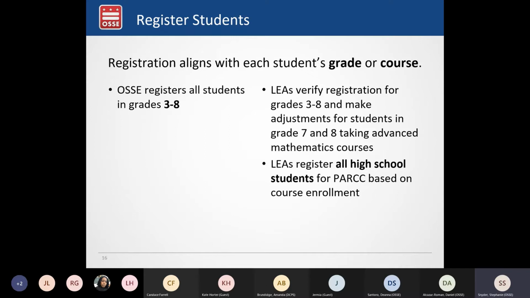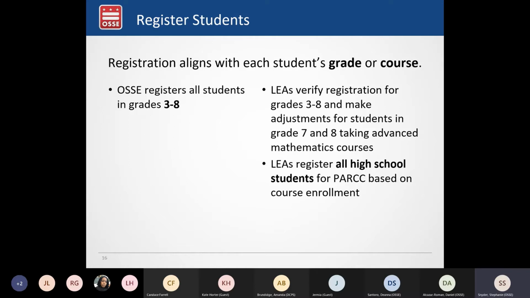ASSE pre-registers all students in grades 3 through 8, and we've completed that, and Pearson Access Next is now open for LEAs to verify that registration for students in grades 3 to 8, making sure that all the information in there is correct, and then also may make adjustments for students in grades 7 and 8 who may be taking advanced math courses. And then LEAs are responsible for registering all high school students for both math and ELA based on their current course enrollment.